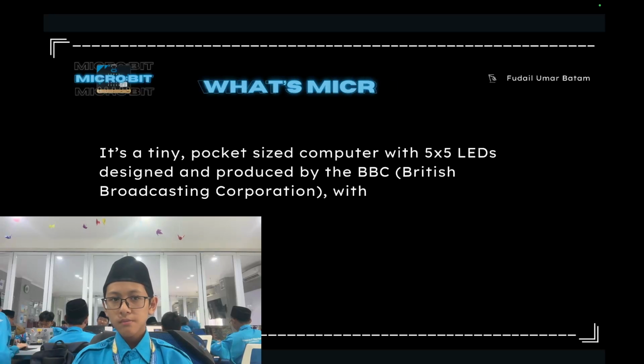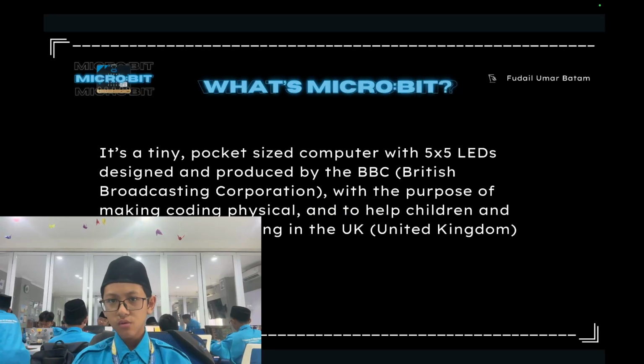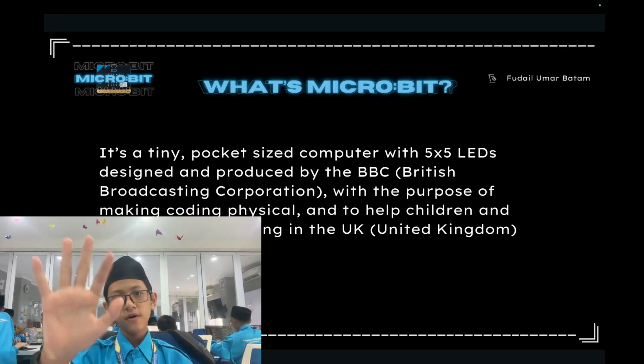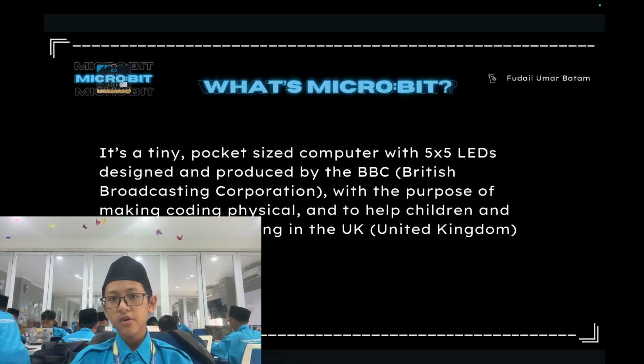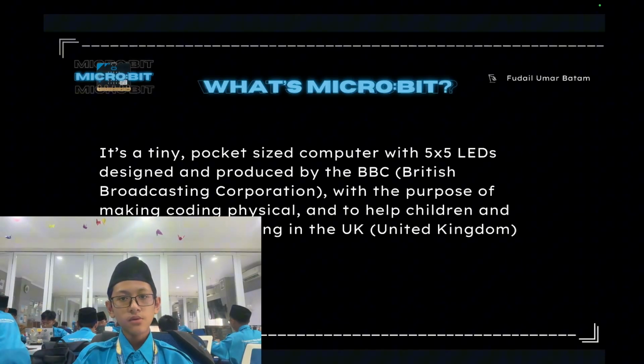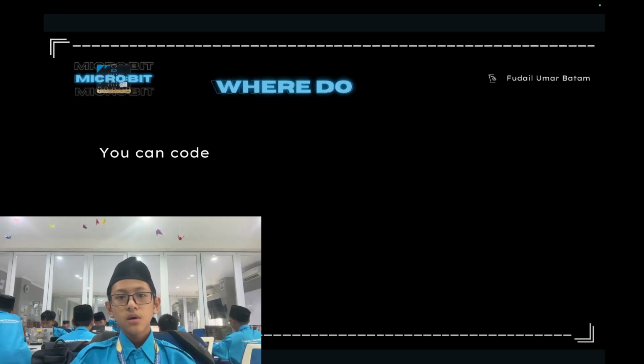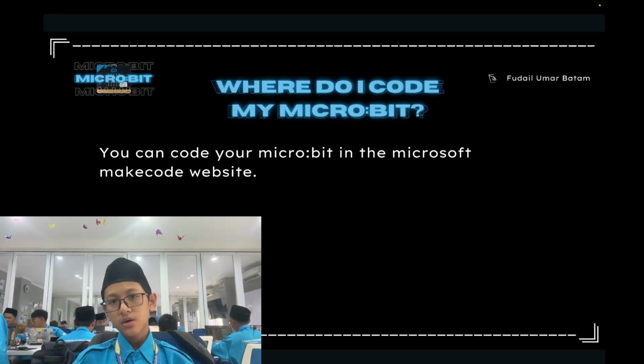So, before we get started, we have to know what's a microbit. Well, microbit is a tiny pocket-sized computer with 5 times 5 LEDs. It's produced by the British Broadcasting Corporation. And of course, because microbit is something that you have to code, it's manufactured to help kids